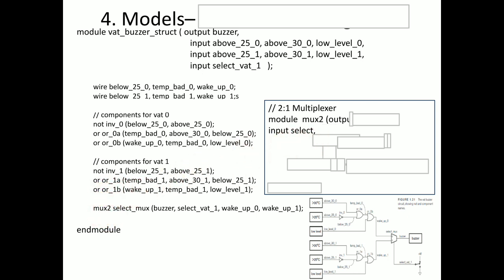Next, the port list should come within the parenthesis, ending with semicolon. Output is y. We might have seen in our multiplexer in the earlier slide, the output was y, the inputs were in 0 and in 1, and the select line was select. Here our output is y and input is select. Another two inputs are a and b. Port list has been covered, ending with semicolon. You can see module, name of the module, port list within parenthesis: output y, comma, input select, comma, input a, comma, b, ending with semicolon.